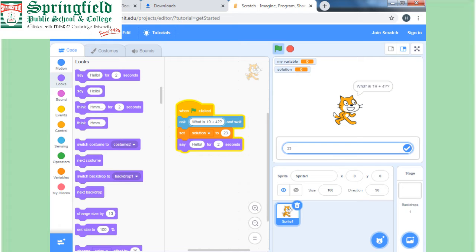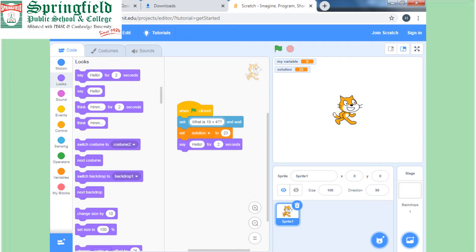Now giving the variable a value. Every variable has a value, like A is equal to B, C is equal to 2. In this way we have to assign some values to our variable. For example, in a quiz question I am asking what is 19 plus 4. It's a question and I am assigning this to the solution, a new variable. Now we assign the variable the value 24, so that if we enter the value 24, the computer will tell me it is true or false, yes or no. In this way we will do our programming. Then we have the output part of the program.